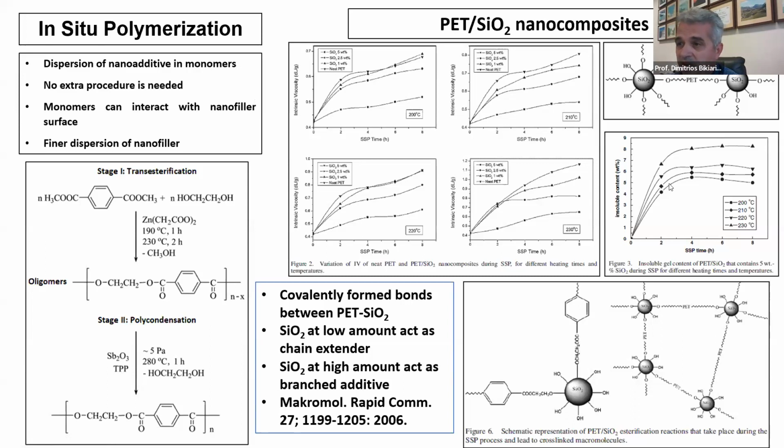You can see here that by increasing the temperature of solid-state polymerization, the insoluble content was increased, but we needed to enhance the melt strength because this company in the United States wanted to produce nanocomposites with high melt strength, because they wanted to produce some foams that would be stable at higher temperature, higher than 200 degrees Celsius. And this paper was published in